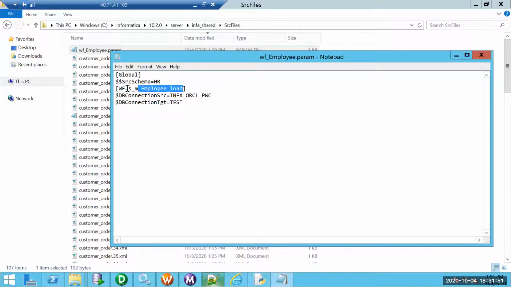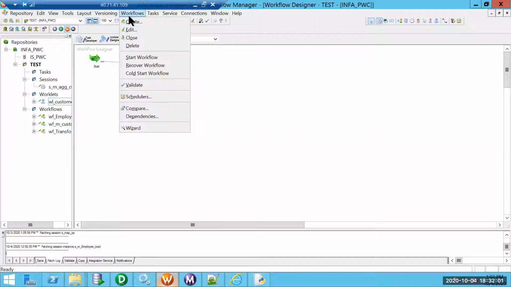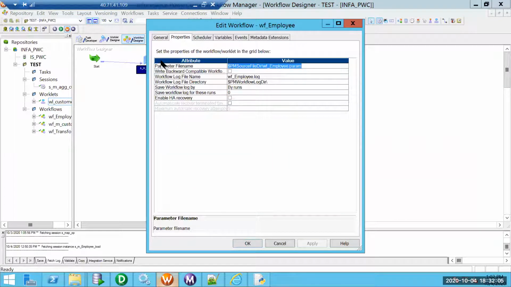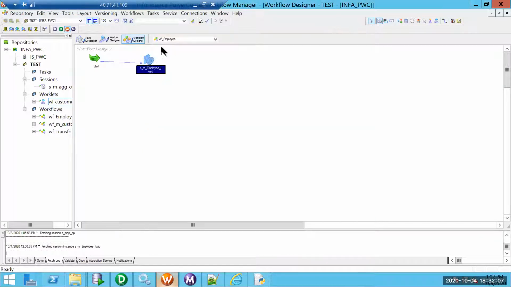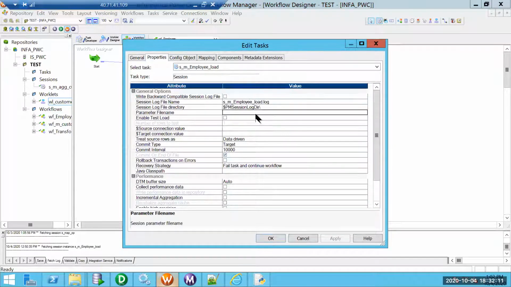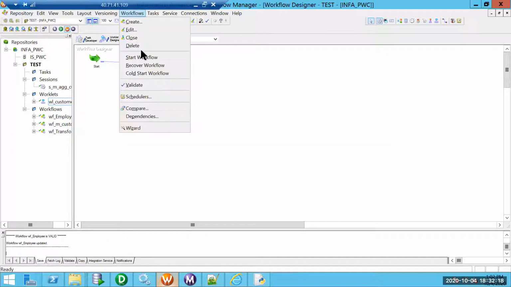As we have already defined this, we will see the session level first, then probably go to the workflow level. One is specific to a session and the other is specific to a workflow. The same file, I'll try to define at the session level, PM source file directory. Let me see now what happens.